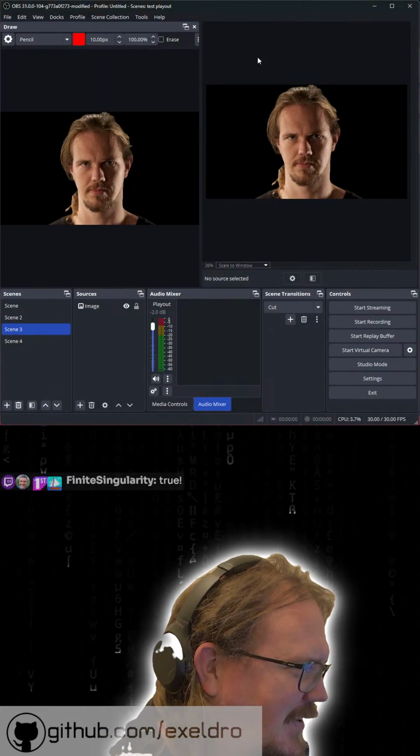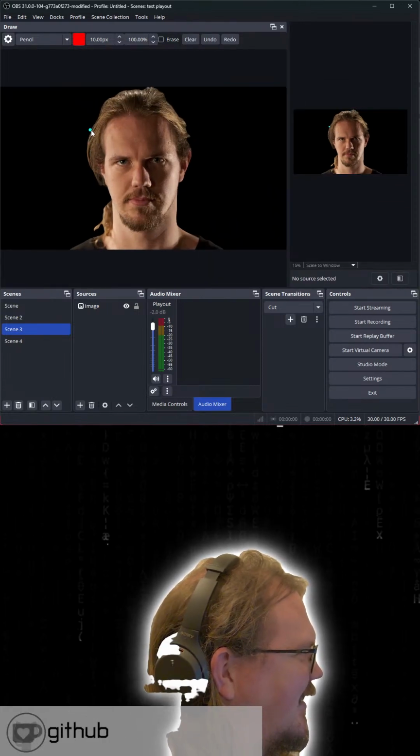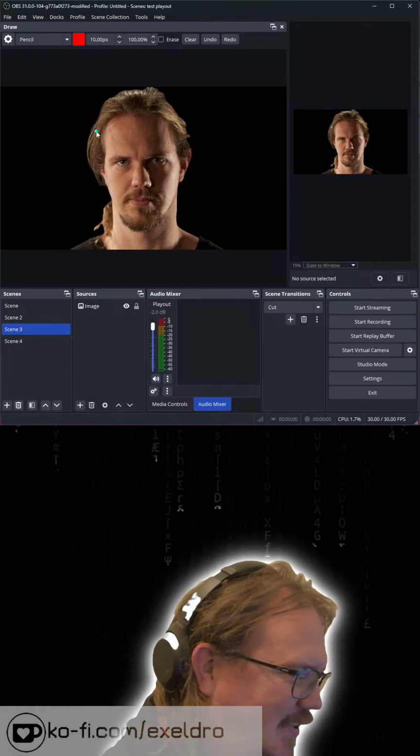I don't look at the OBS code, I just look at Excel's plugin code. Not all my plugin code is good, so